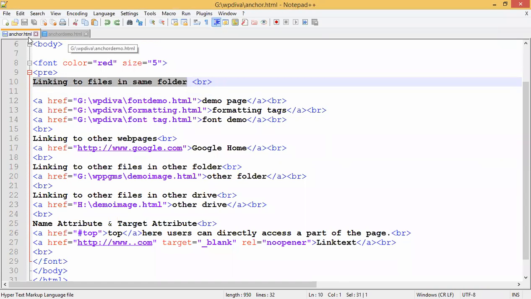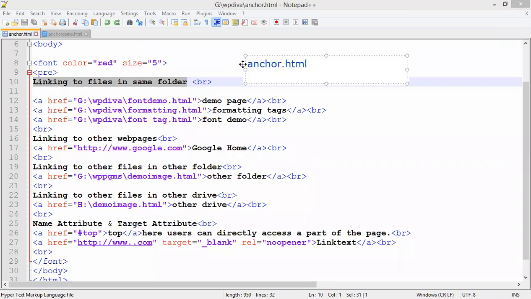Our anchor, now I have created a program called anchor. So I'm telling you an example of a new example here. So the name of my file is what? Anchor, ANCHOR, anchor.html. Where is this program created?